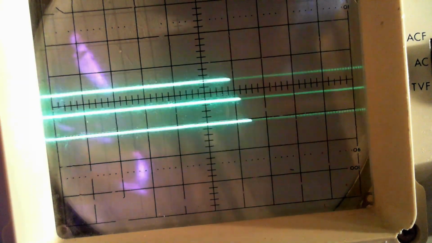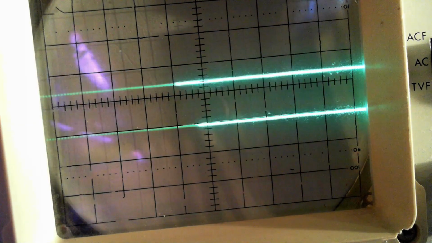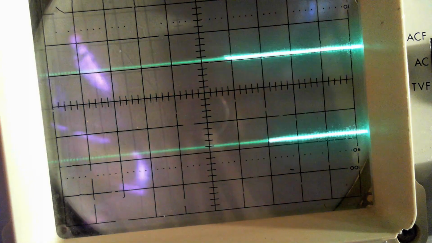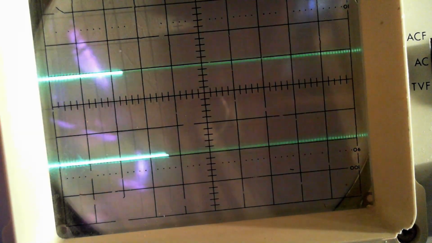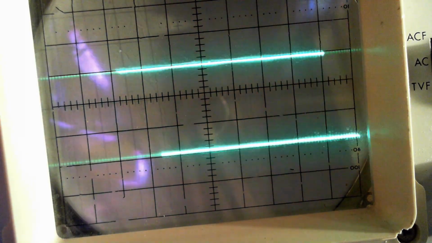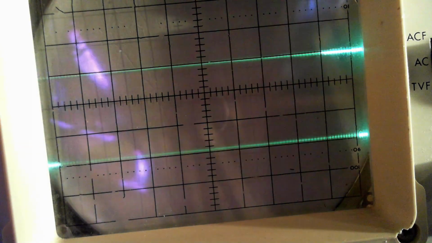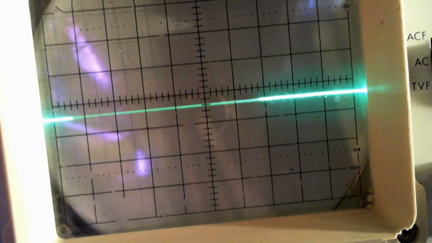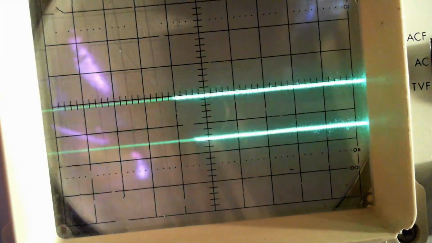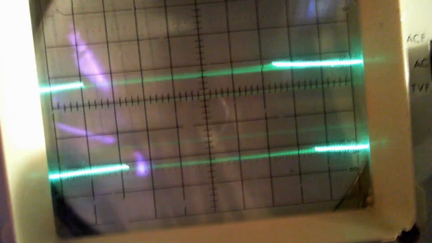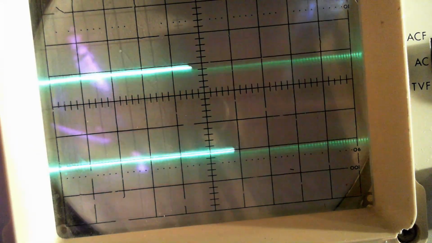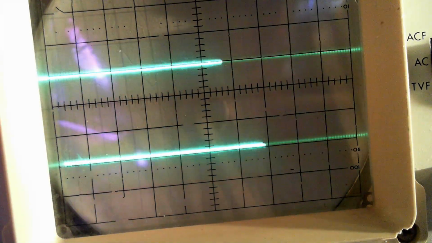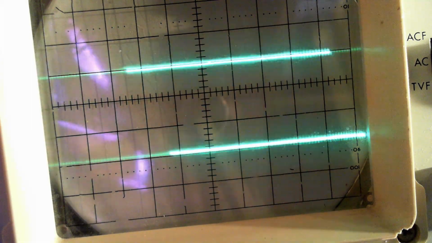Okay, let's move this away so we're not too confused. Go to 0.1, that should be 3 divisions. Okay, and we'll move it down. Well, it's right on 3 divisions. That's exactly right. Okay, well, using that, we'll go to the other channel, see if it's exactly right also. Okay, goodbye to this one, hello to this one. And we'll set this to 0.1. And it looks pretty good. Yeah, it's right on. So how did I get 2 different voltages from the